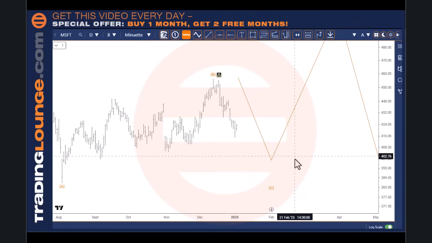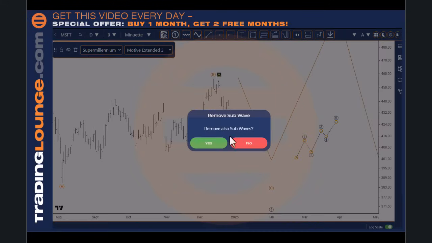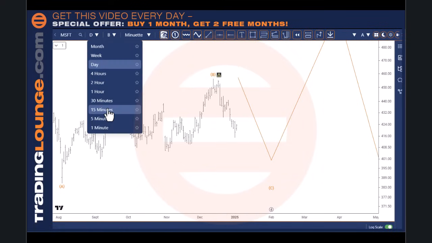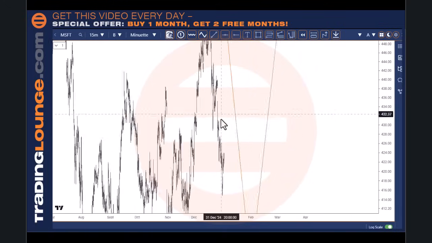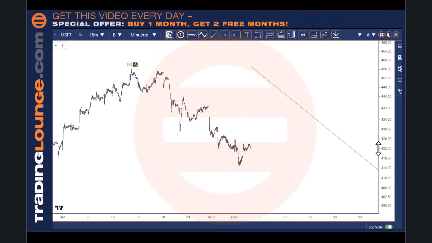The normal thing of looking for 1, 2, 3, 4, 5 up here, and then the ABC pattern, and then we can look to go long at that point. But while it's bouncing around in this support area here, we don't really need to be here. If we go from the daily into say 15 minutes, and we'll take it from the top here and check it out at this stage, we can see that there's a couple of things here. I can see that this first little leg here is impulsive.